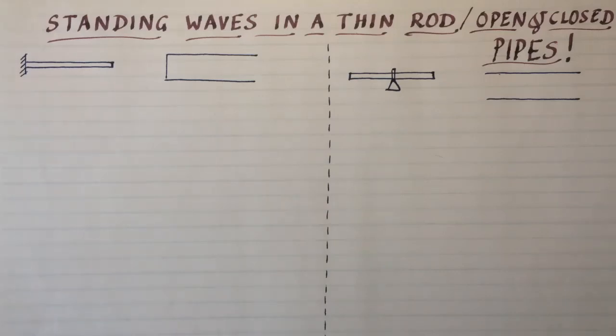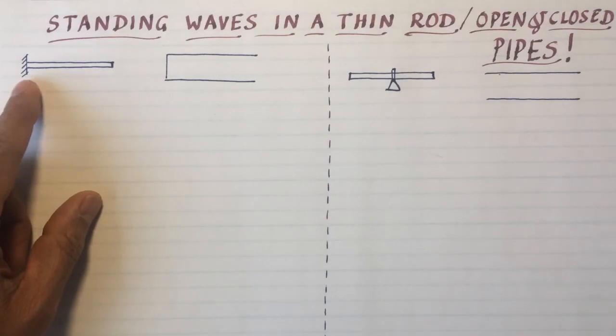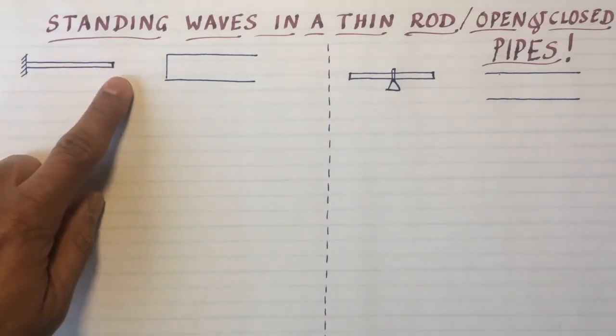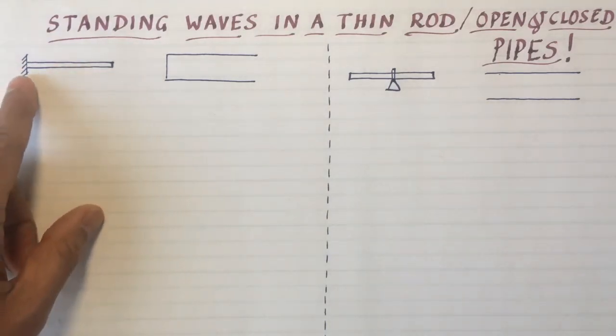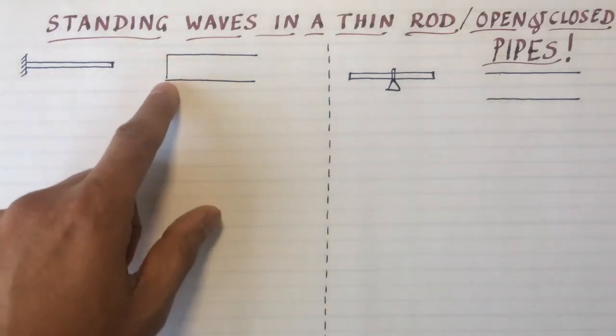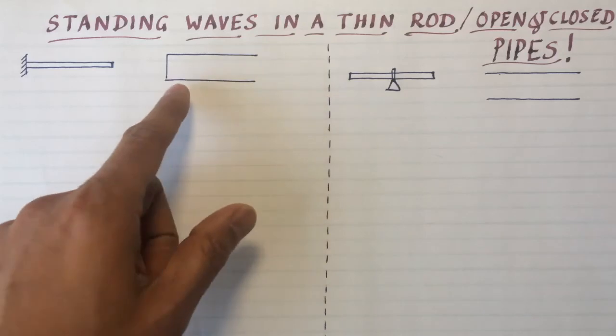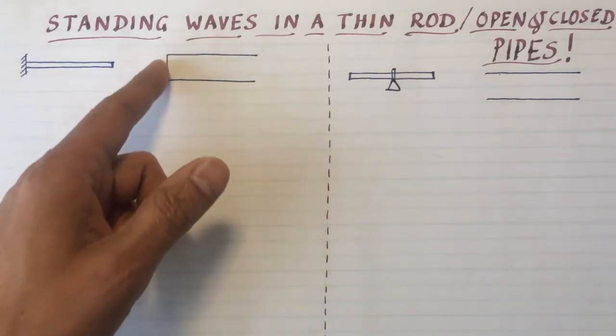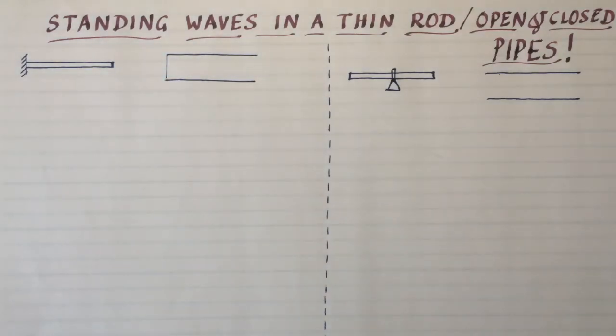I'm going to be covering the theory of standing waves in a thin rod as well as in open and closed pipes together. On the left side, I have a rod that's clamped at one end and the other end is free to vibrate. So this end is attached to some wall, for example. Or you could have a pipe, like an organ pipe, with one end closed, while the other end is open